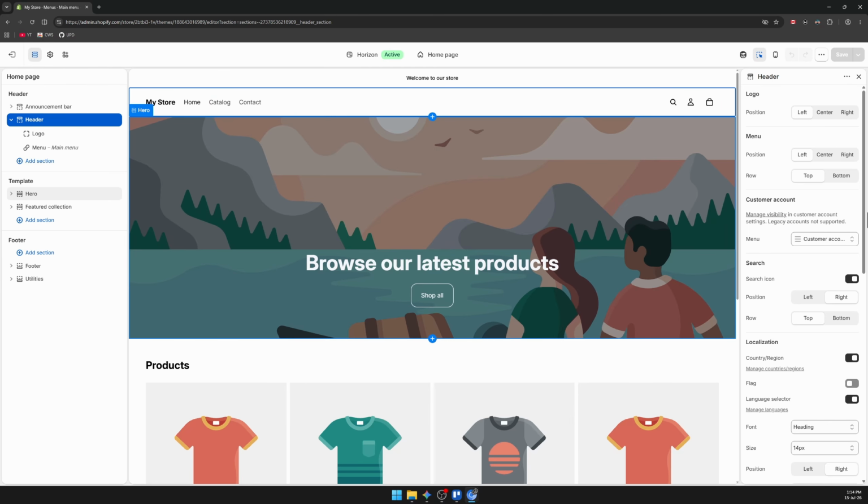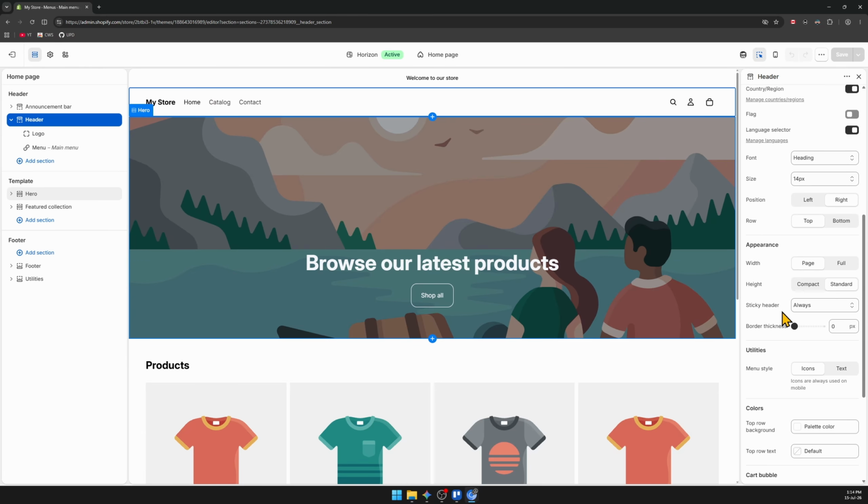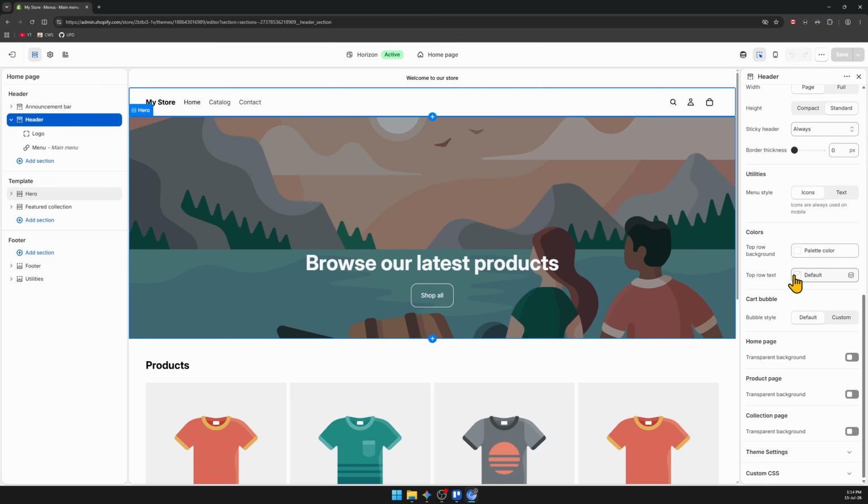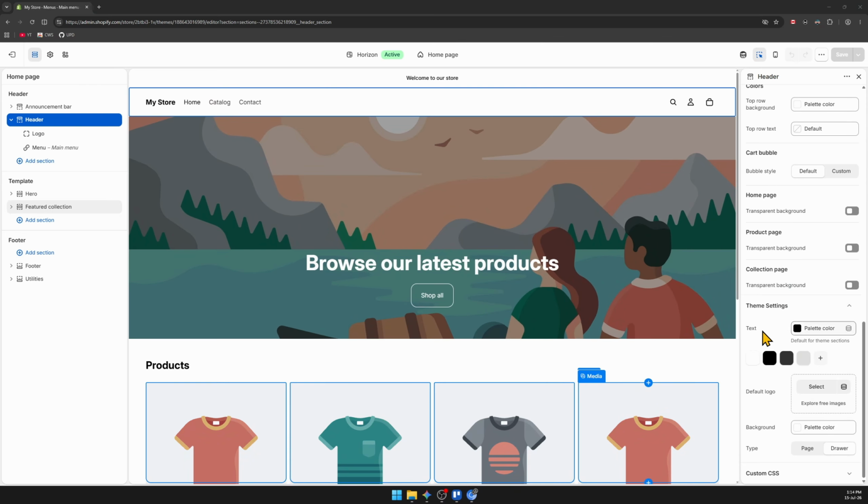If you want to change the background color of your navigation bar, head back to the parent header section, scroll down to the bottom and select New Color Theme. So you go to Theme Settings here and choose the palette color that you desire. And this is how you unlock the full power of Horizon's